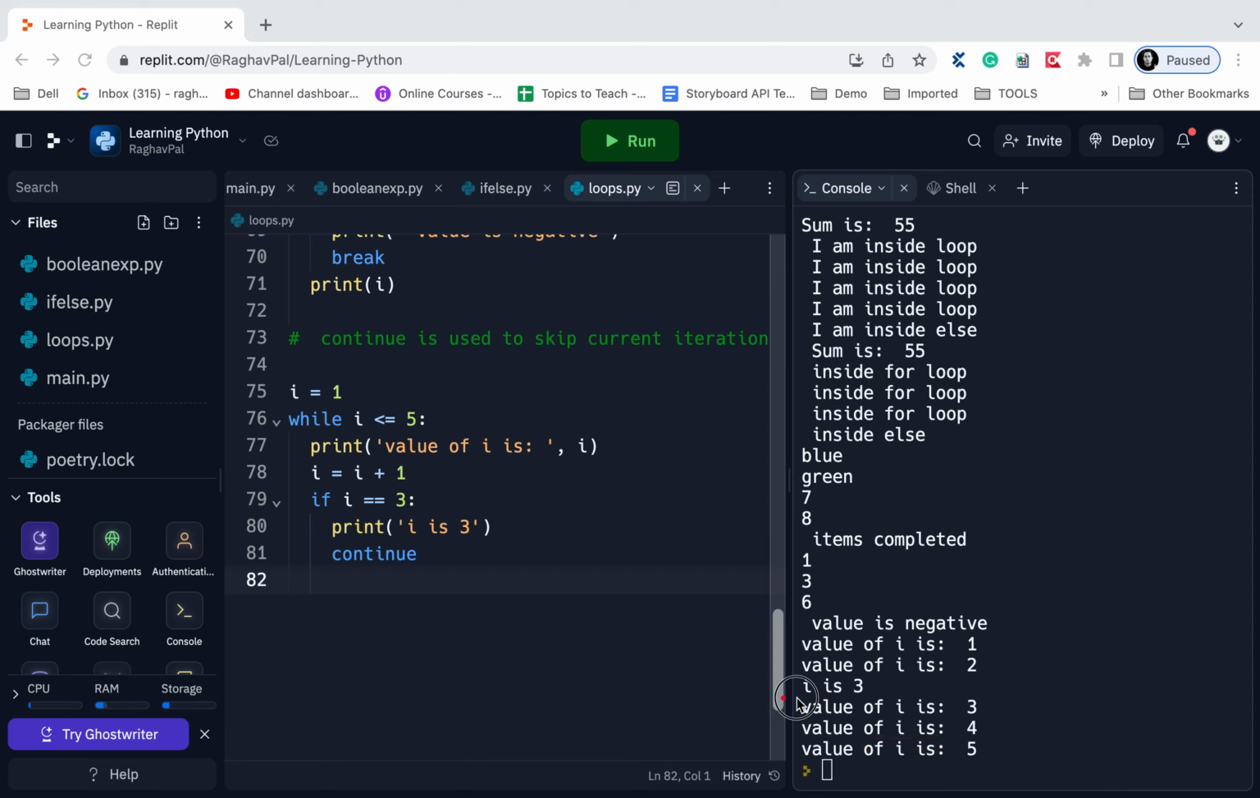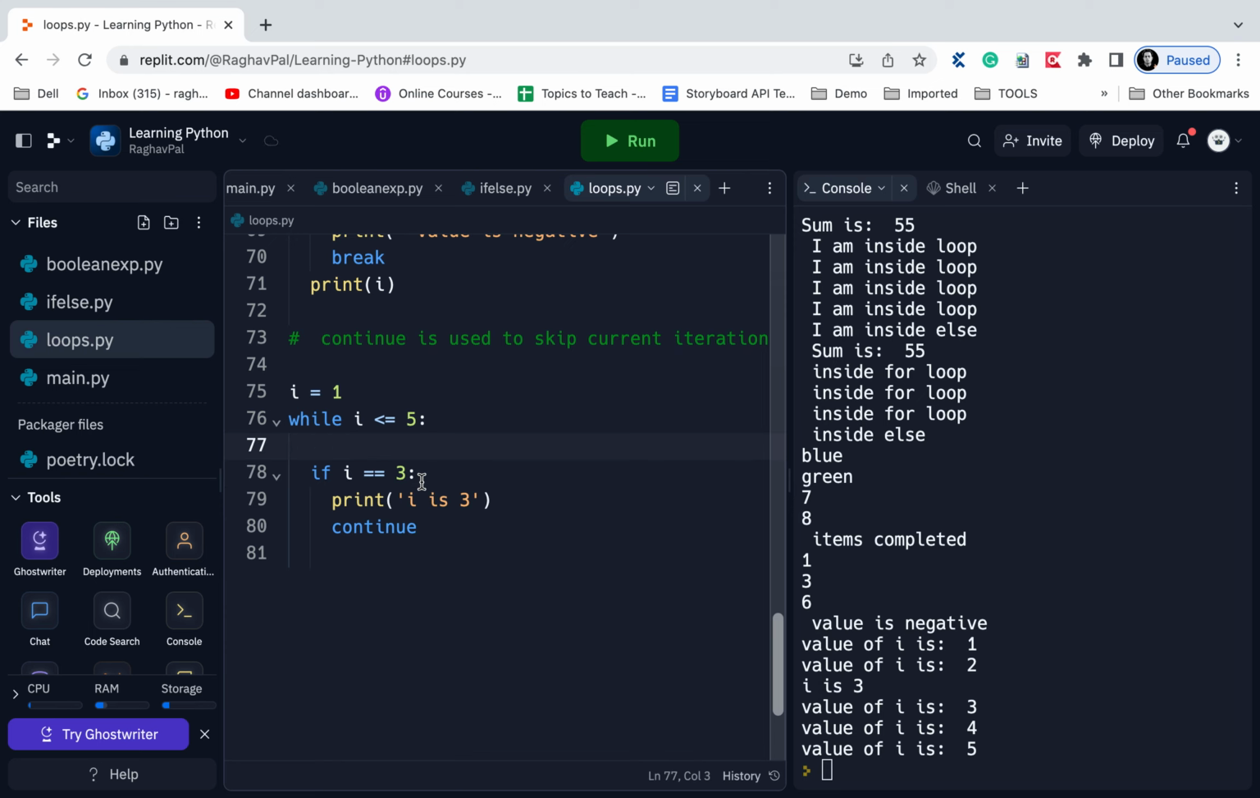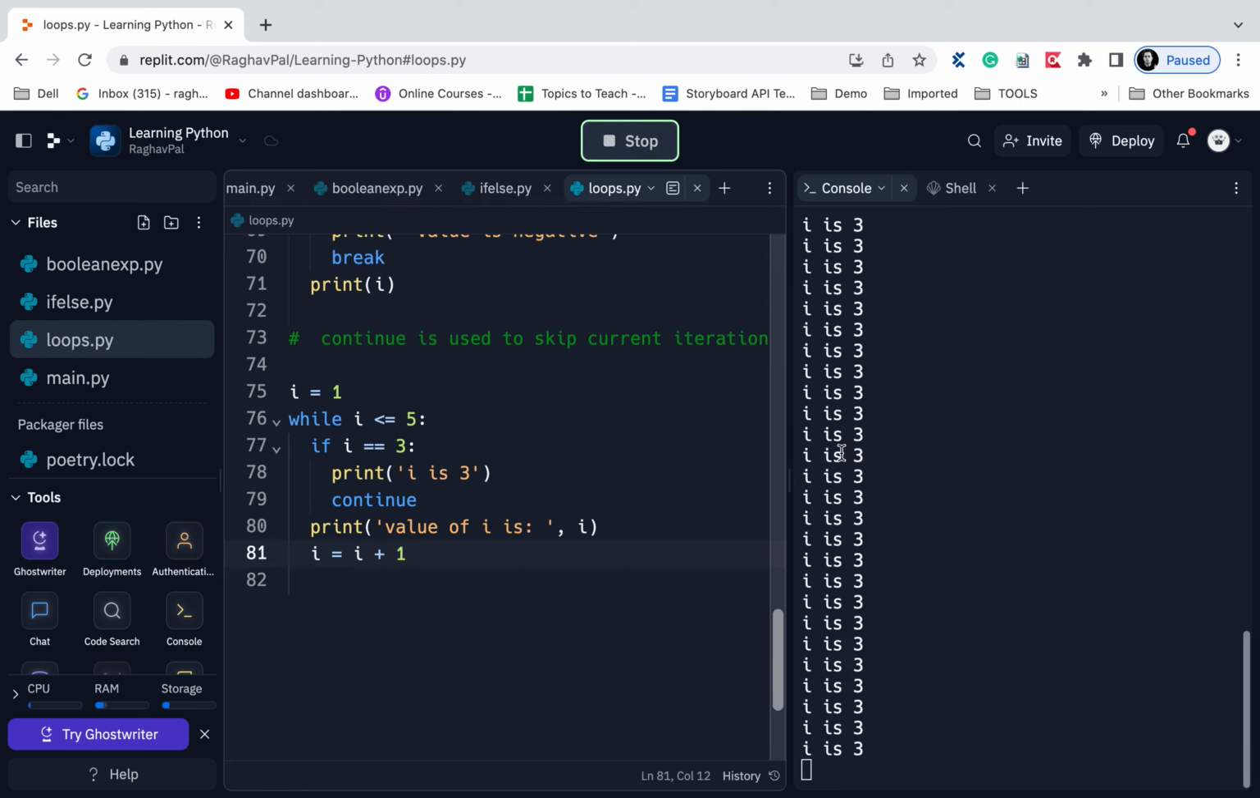Actually it is printing this as well because we have this statement, print value of I is, before this if condition. If I just keep this outside or after this if condition, you can then see the difference. Okay, so now I will save and run again. Sorry, this will make it an infinite loop. So you can see it will always continue once it becomes 3, and that is why it becomes an infinite loop. So therefore we have to put this